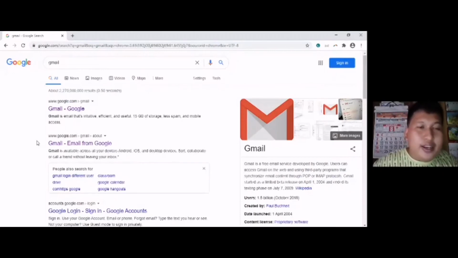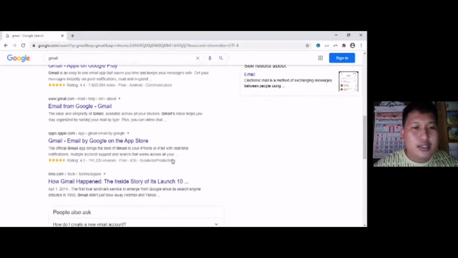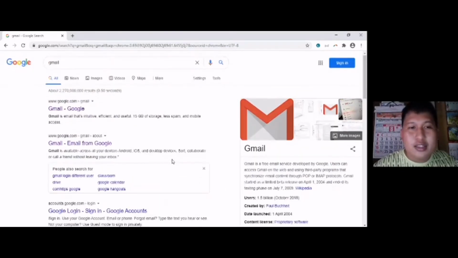Now, here are the results. As you can see, the search results are on the left part, and on the right part is information about Gmail. Now, let's go to the site.